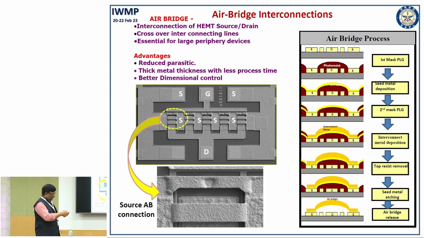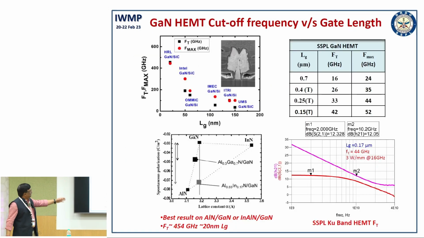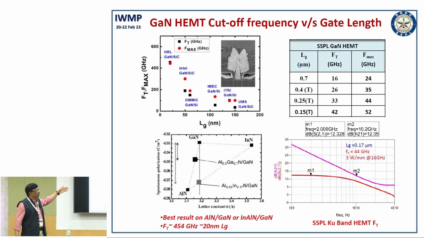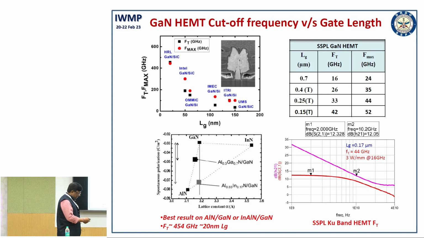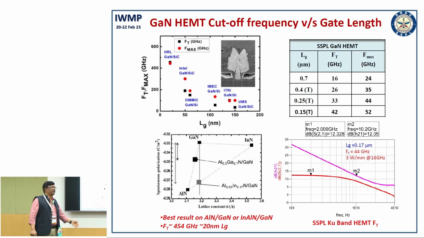You can see all the other source fingers are connected with air bridge, and this is done by plating, and 3 to 4 micron plating is normally carried out. Initially we started working with optical lithography at 0.7 micron, and now we are working on 3 nodes: 0.4, 0.25 and 0.15. The highest cutoff frequency we have obtained with 0.15 is around 44 gigahertz, suitable for application up to